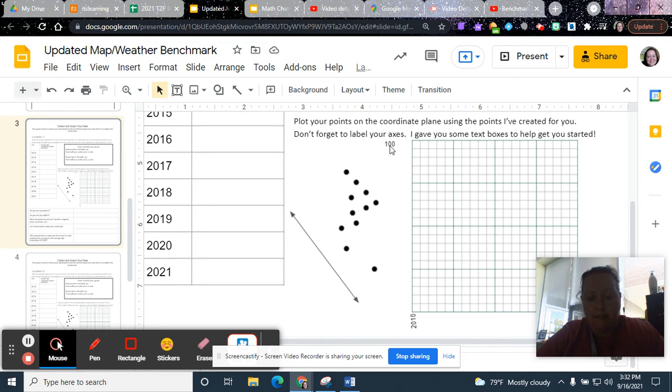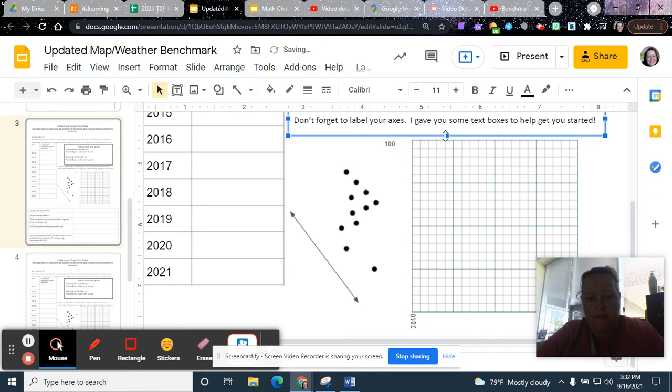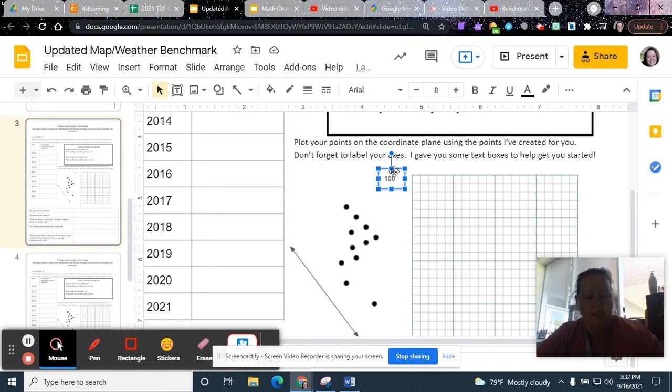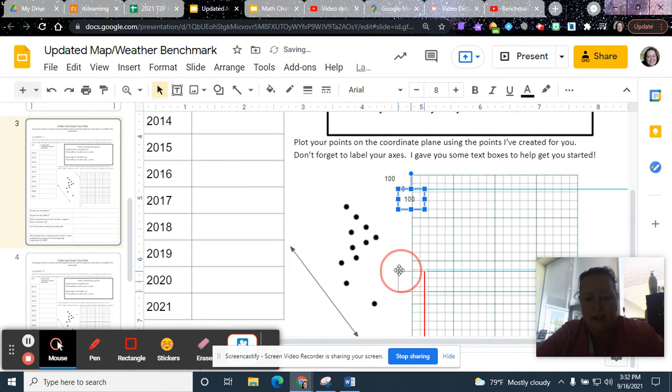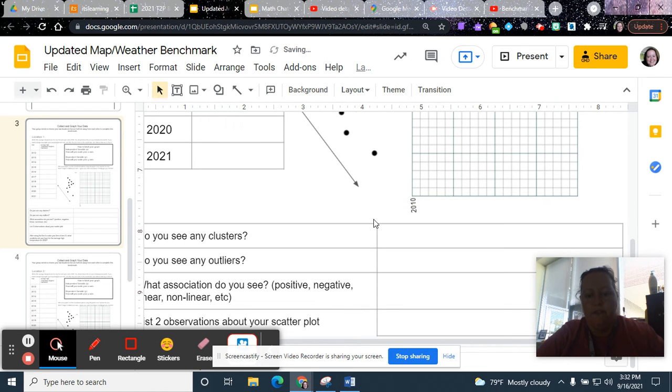Now, since I have already given you these text boxes, you may have to adjust some of the text boxes, but you could just copy 100 and then paste it, drag it to where you need to put it, and then just change the number. That way you don't have to worry about formatting it to look the same as mine. And then you could do the same thing down here. I have 2010 here, so you just copy, paste it 3-4 times,